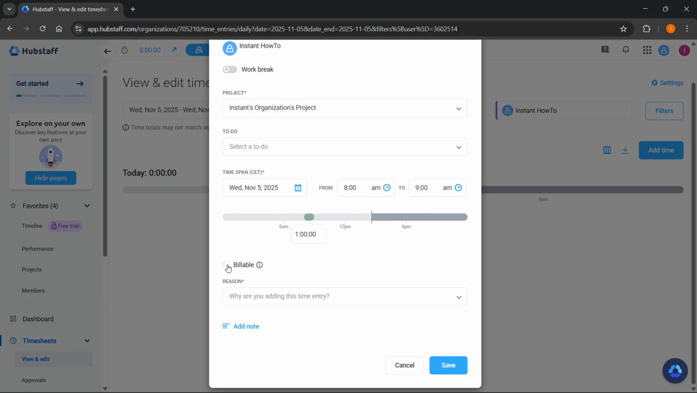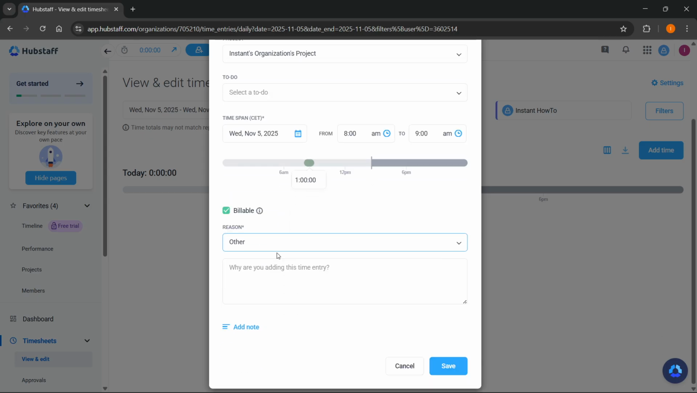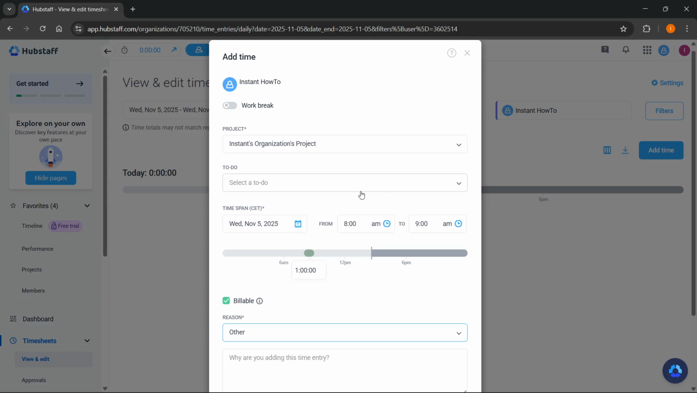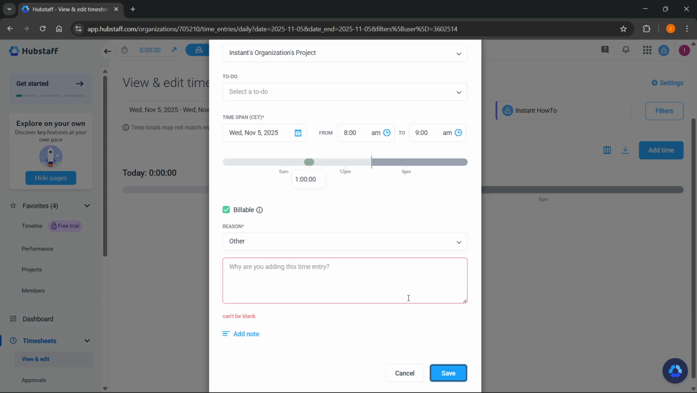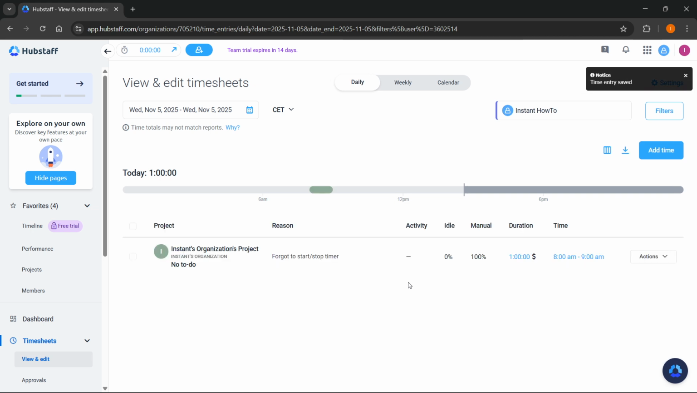you want it to be billable or not, and then here you want to basically add the reason for this time entry, so it can be whatever you want to do. I'm going to do other right now, and then you can explain that. You could also add on notes, and then whenever you are basically happy with whatever you've written in here, you can click on the save button and you've successfully done it. Okay, so that's how you can basically manually add time tracking in